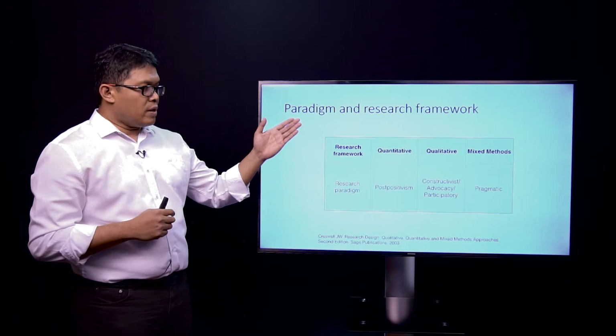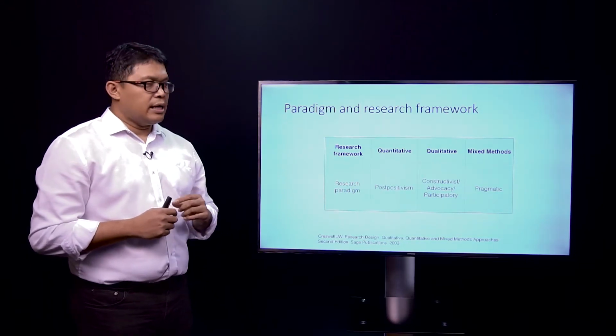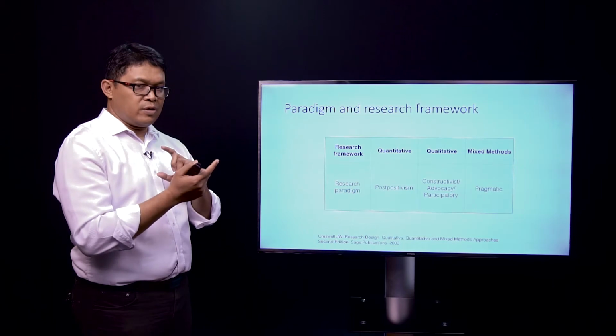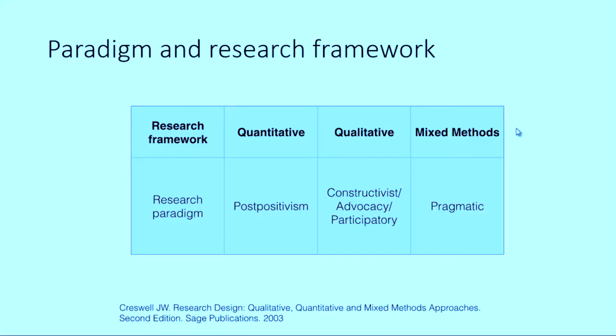We can use either quantitative or qualitative research methods, and we can also combine both methods into what we call a mixed method. The quantitative research method comes from the paradigm of positivism of the natural sciences, while the qualitative approach comes from the paradigm of social sciences, which sees reality as a constructive participatory process. And when we combine those methods, the research paradigm is pragmatic, and we use both approaches